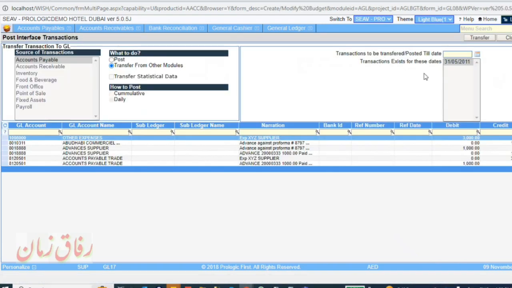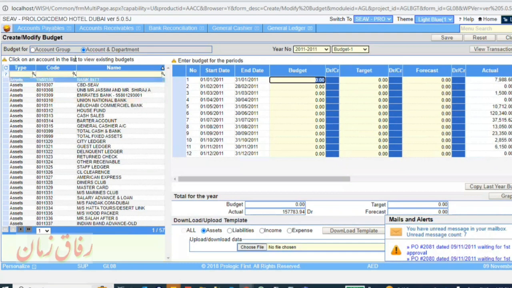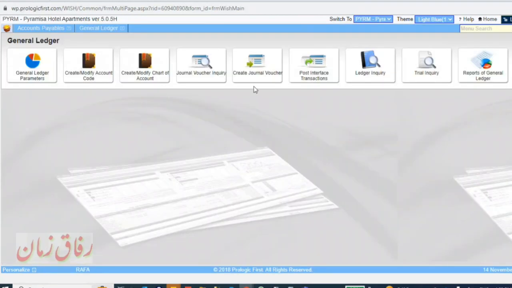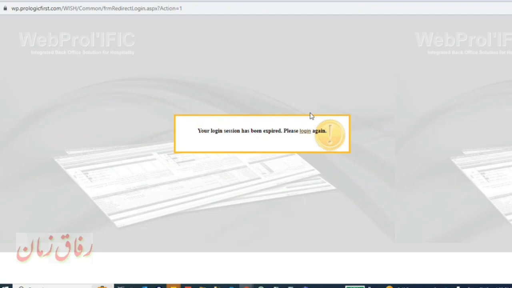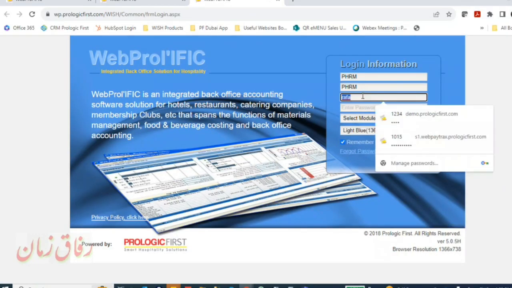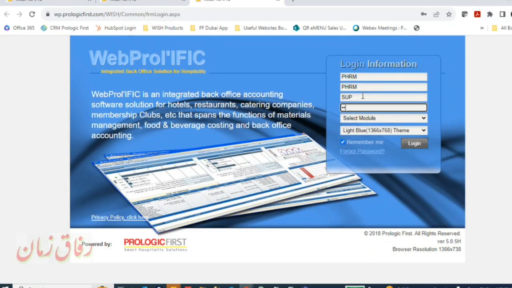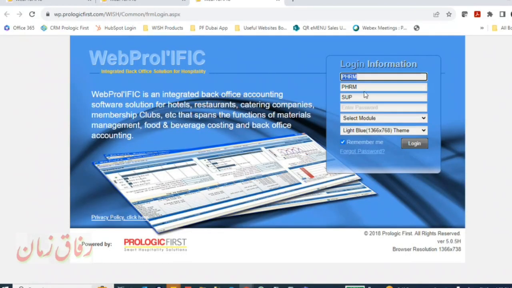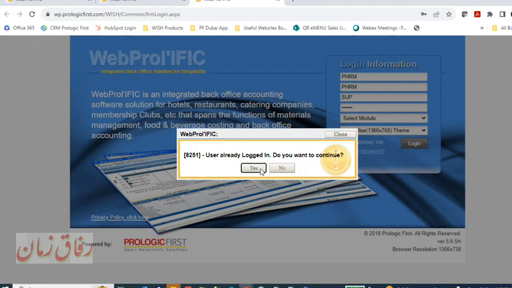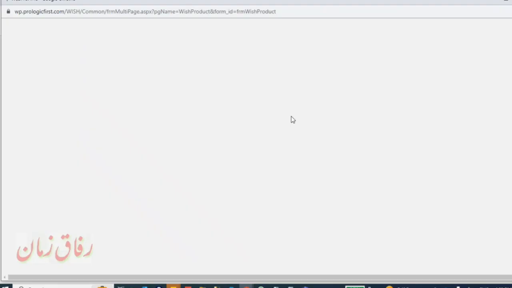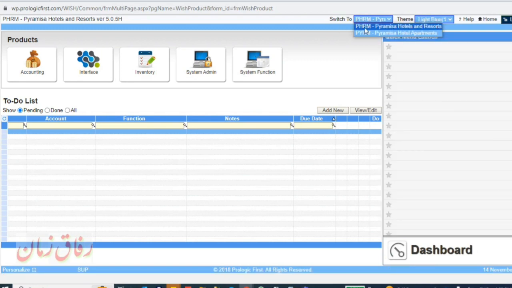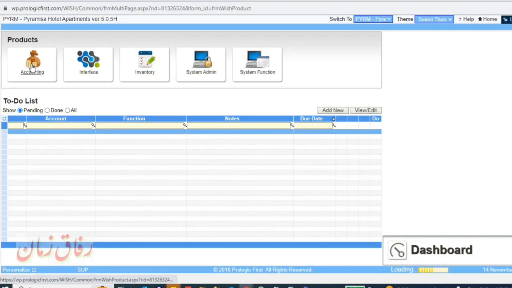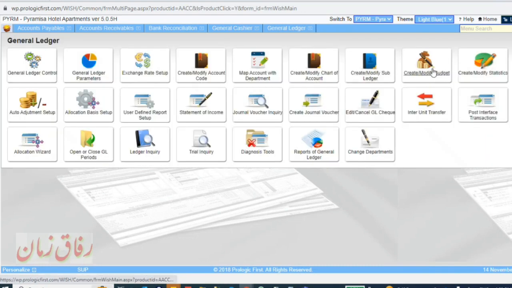You can go to the create modify budgets option. Here you have a list of all account groups. Let me go to your system itself, so that I can show you these parts in your system also. That is copyright only. Now you see, if I go to PYRM and go to accounting, general ledger, we have the create